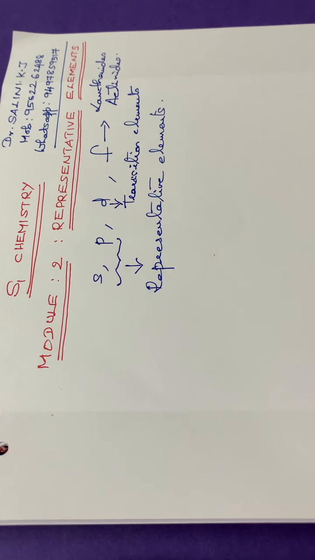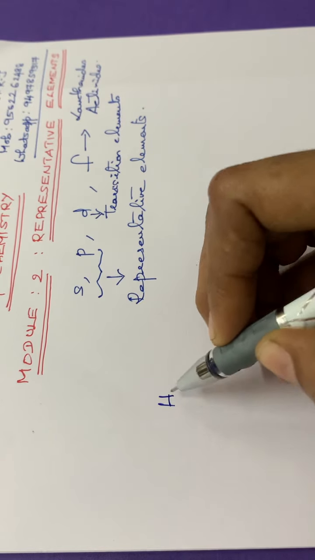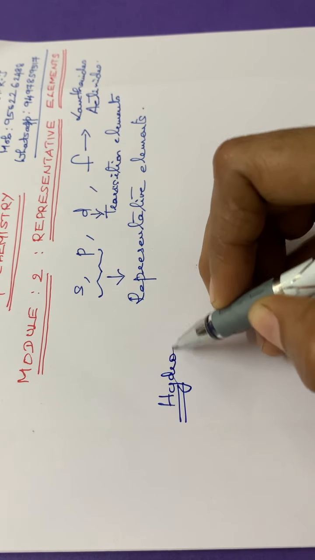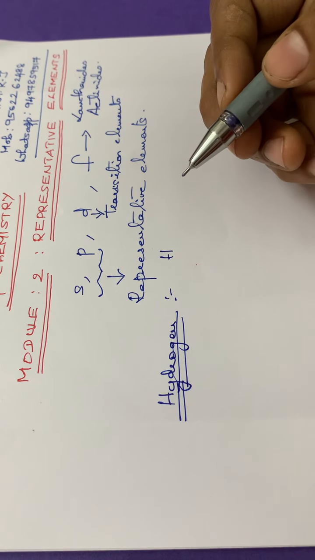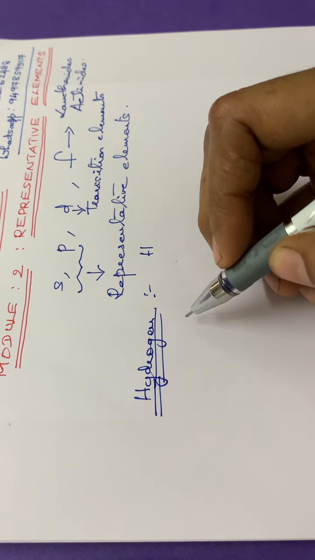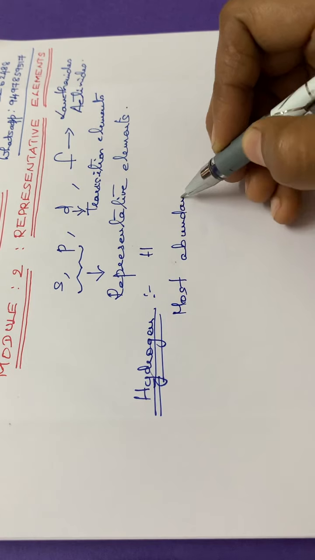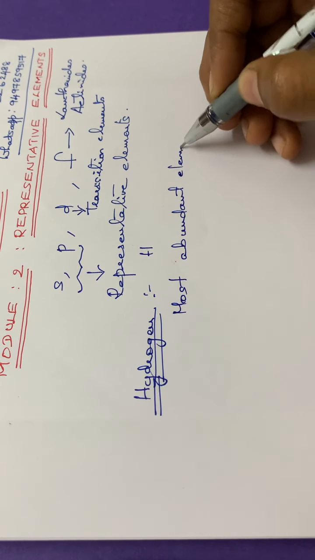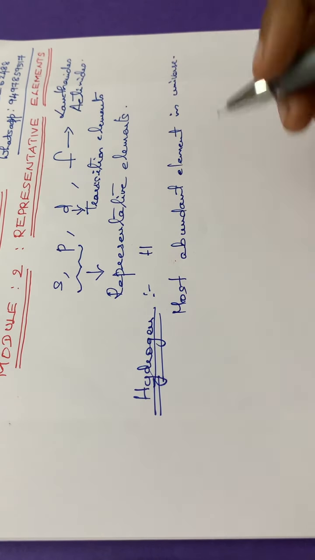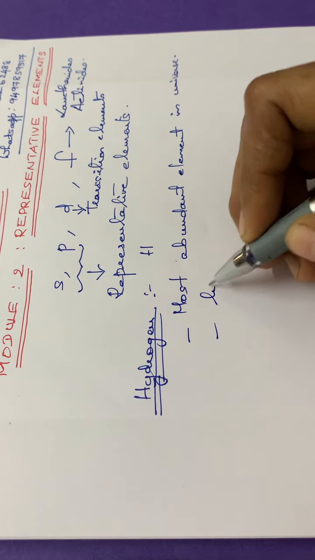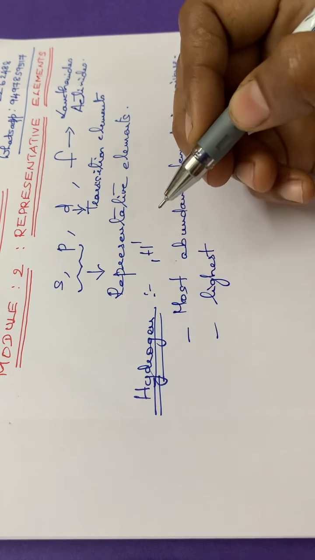And also in this module, representative elements, first of all you have to go through some brief description about the element hydrogen. Hydrogen, the symbol is denoted by H, isn't it? And hydrogen is the most abundant element in the universe. Most abundant element. And another point, it is the lightest of all the elements. See hydrogen, it has got a proton,